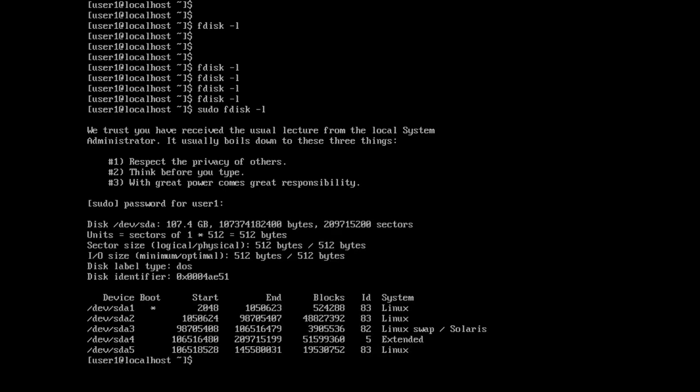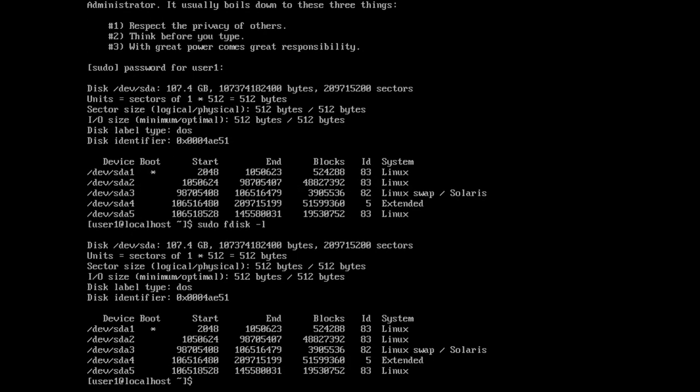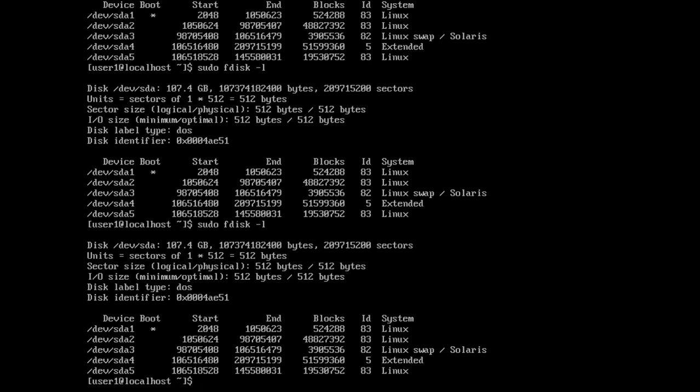Now for ease of use, it will not ask for the password every time, it will cache the password for 5 minutes. So now when it runs the command, it is not asking for the password, it is just running the command. Because it has cached the password for 5 minutes, after that it will again ask for the password of that user itself. Now user 1 can run any command and it is getting the output because it has the permission of sudo.